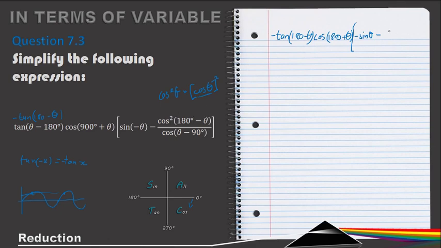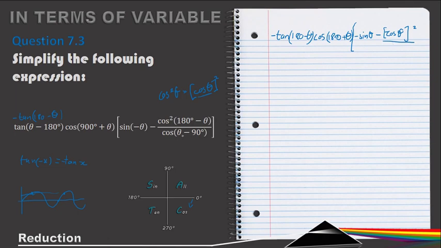Now I can rewrite that as cos 180 minus theta. Now if I reduce this one, 180 minus theta falls in sine's quadrant, so this then becomes negative cos theta, and that's all squared. So this square is actually going to get rid of this minus when I square this expression again, and then that's over